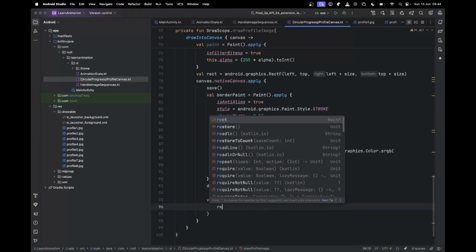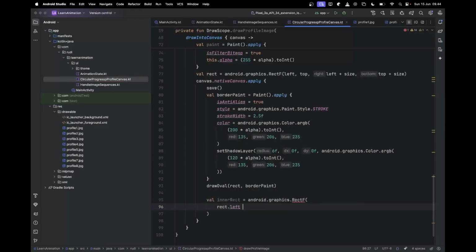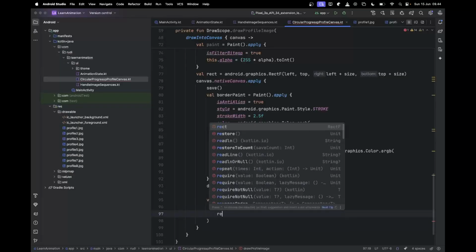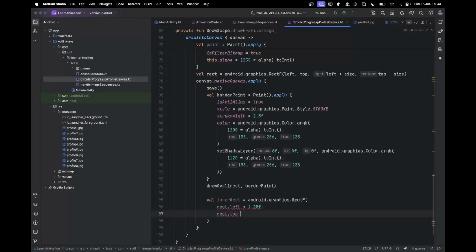Into the parentheses is right dot left is equal plus with 1.25 float, and right top is plus same thing. Just copy it and paste it in here. Okay, just change into right and bottom value. Okay,